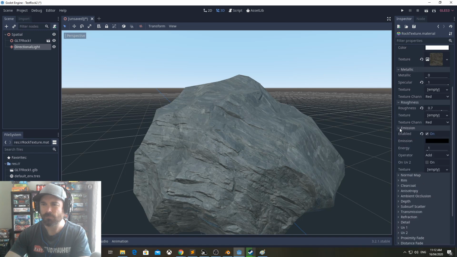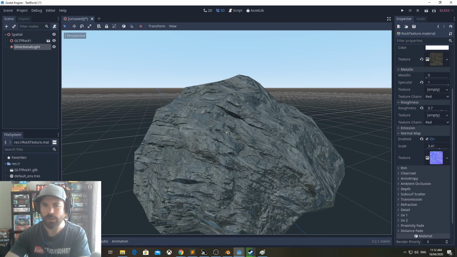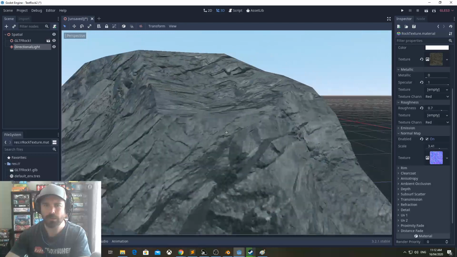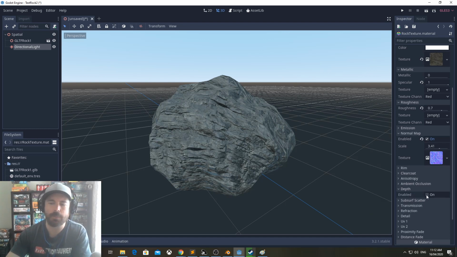And I don't know why emission is on. Don't need that. Normal map is on. And you can play around with the scale of that normal map, turning it up and down to make it look more rocky and so on. Now the depth map, I'm pretty sure that this is the height map. However, it doesn't seem to come through with